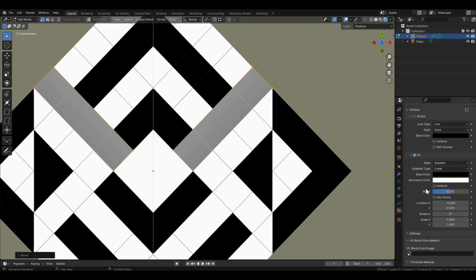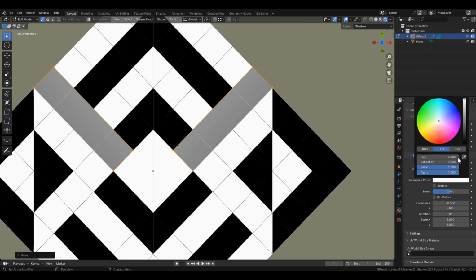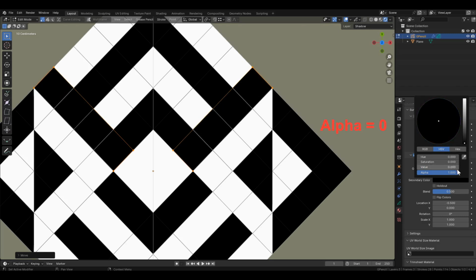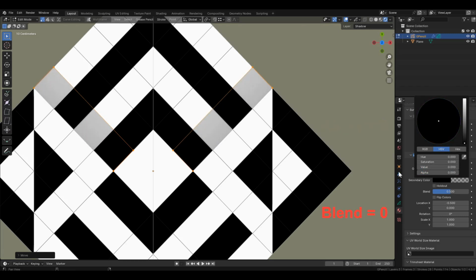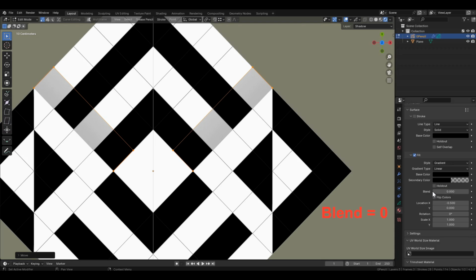First, the color. Let the first color be black. And let's also choose black as the second color. But reduce the alpha to a minimum. Also change the blend value to 0. We got a transition from black to full transparency. The transition is not visible yet because the stroke is small compared to the gradient scale. Let's find the scale option on the x-axis and enter the value 0.1. Now move to the location X parameter and adjust the gradient shift left and right to the desired position.